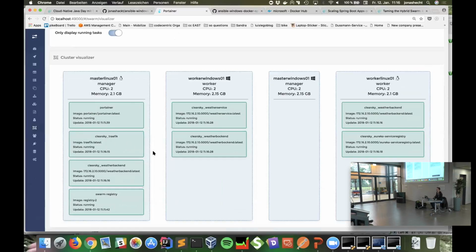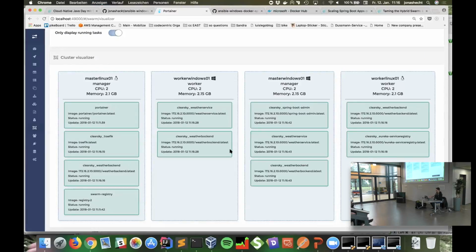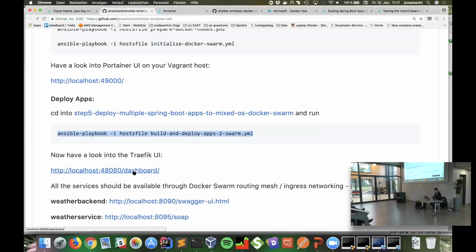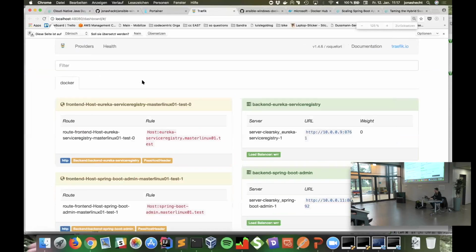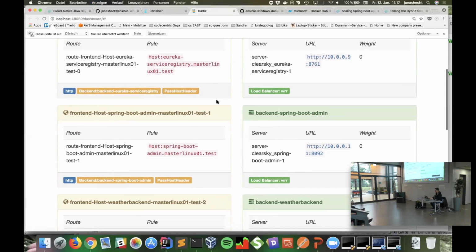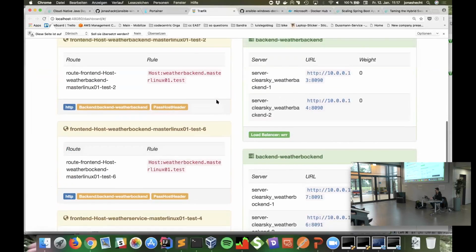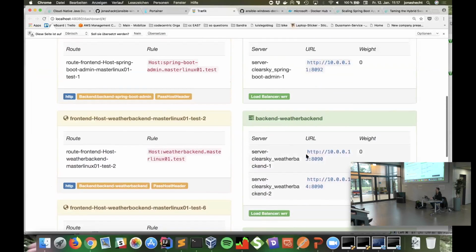They should get more and more. And now the swarm does what a swarm does. It just deploys everything, and you can do something about it, but mostly it just does what it wants. So you see, all the apps should be there. Ah, nice. It's a nice use case. It just pushed it to all the servers. And then we should have a Traefik that is able to provide all our apps, right? Nice. So this is Traefik. All our apps are accessible. And we just configured 2 replicas for the weather backend.